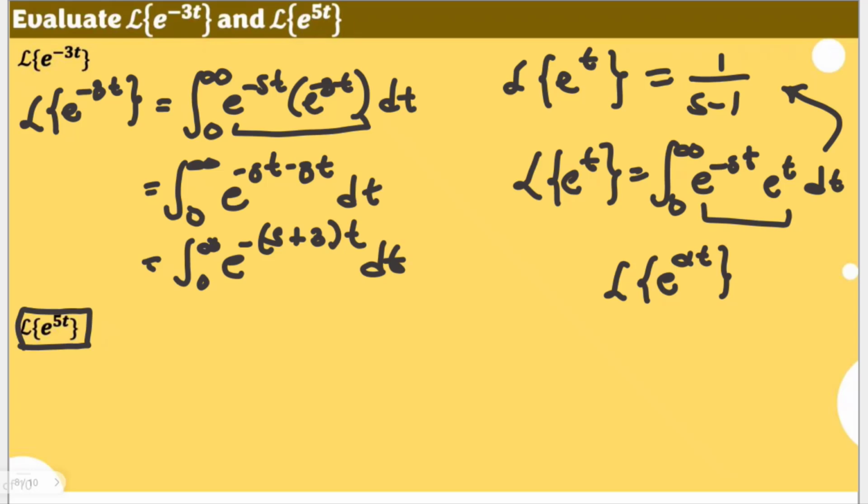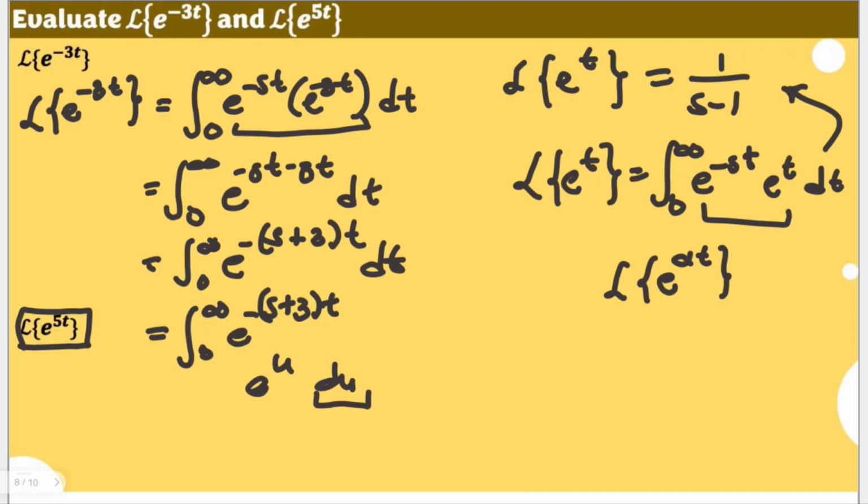Now, we need to come up with a certain du. Following this, we have negative of s plus 3, times t. Take note that we also factored the negative here because, in the previous video, it allows us to reciprocate this exponentiation, making the exponent positive. Now, to make this e to the u du, our du must also be the first derivative of your exponent. If your u is negative of s plus 3 times t,